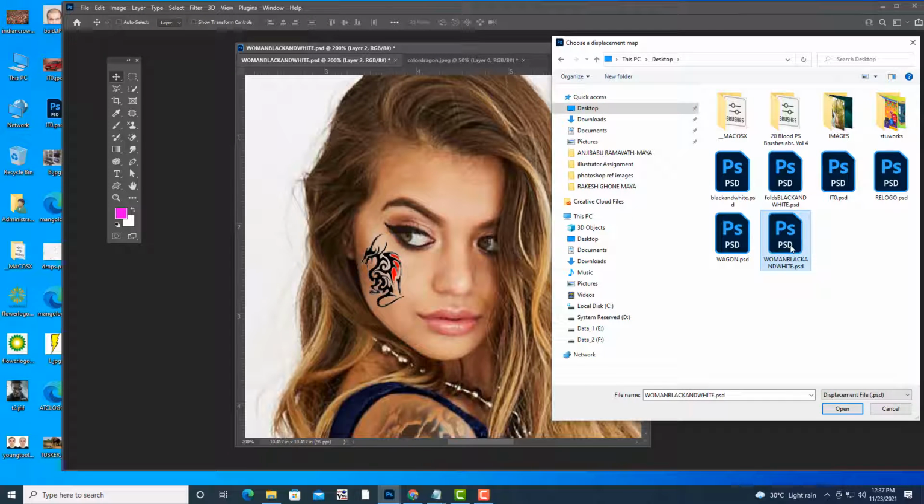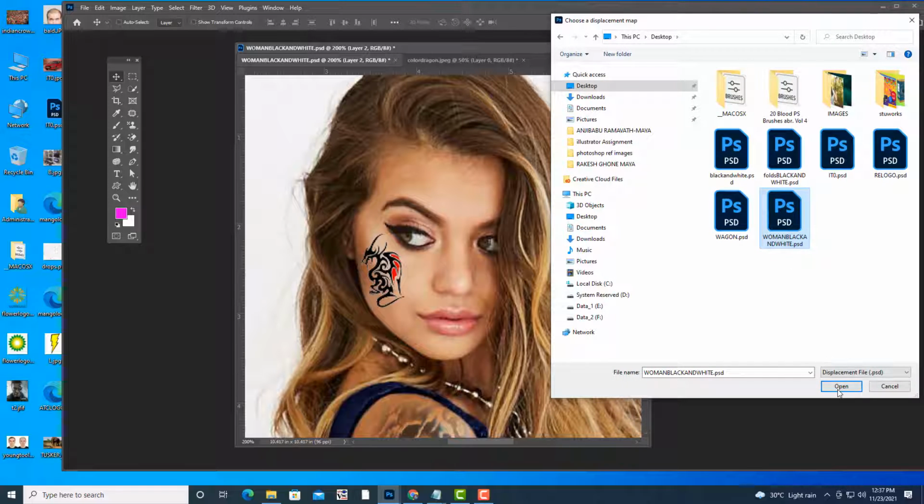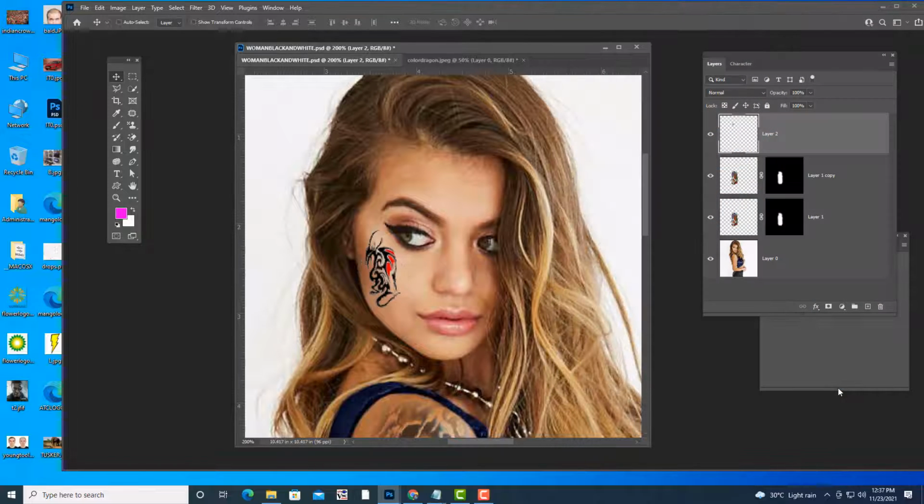Observe what will happen to the tattoo. Its position has changed, meaning it got adjusted to the dark and light areas of her face.